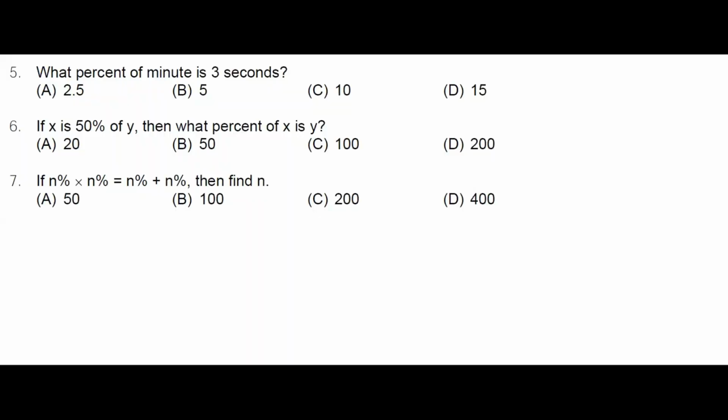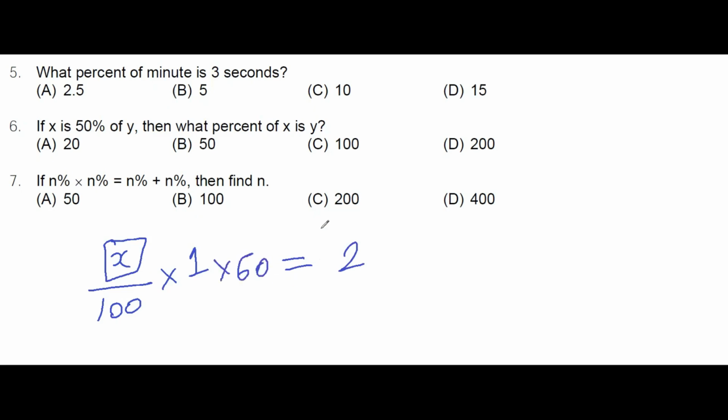Got it? Okay, fine. So it says what percentage of 1 minute. I don't know what percentage, so I will say x percent of 1 minute is 2 seconds. But this is 1 minute, so I need to convert this into seconds. So I will multiply by 60. Now this I will solve. These 0s cancel. 2 3s are 6, 2 5s are 10. So the answer of x will be 10 divided by 3. Got it?